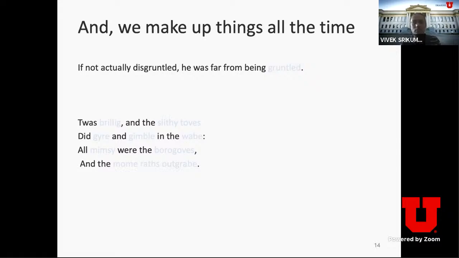So it seems like the situation is hopeless. If people make up things on the fly, and there's a whole laundry list of complicated linguistic phenomena out there, and we just use these really complex structures all the time, how could there be any hope for people understanding language, let alone computers? But I'm going to argue for the rest of this talk, and then I'll show you examples, that this is not a hopeless situation. We already are in a place where it's far from hopeless.